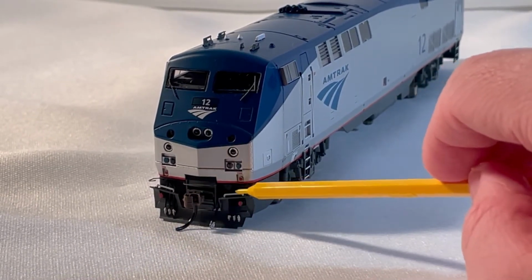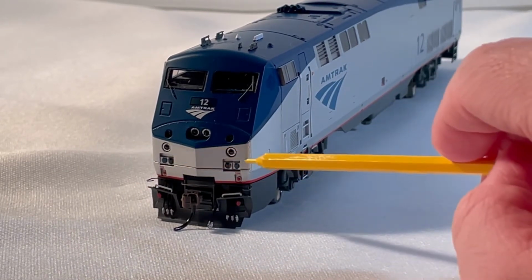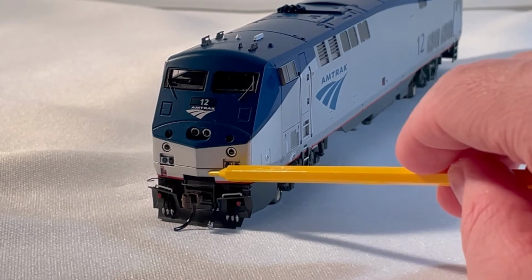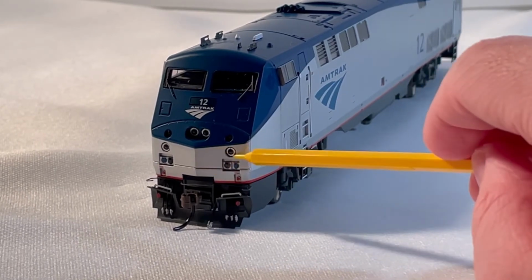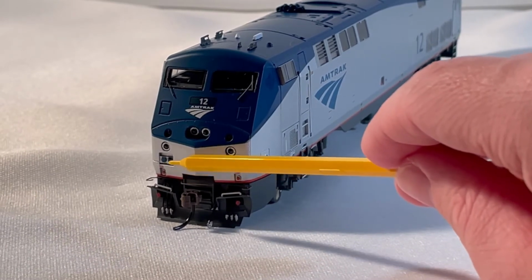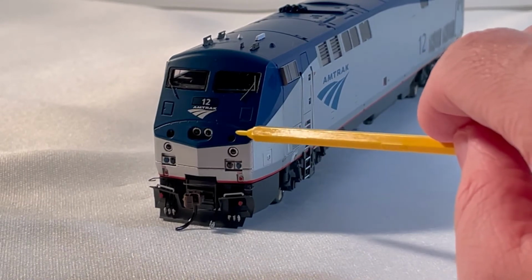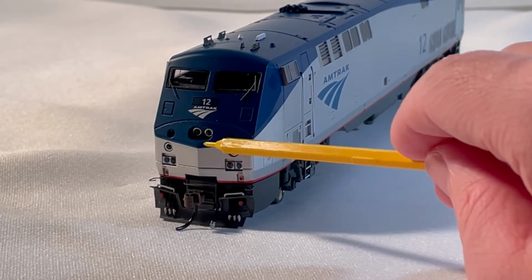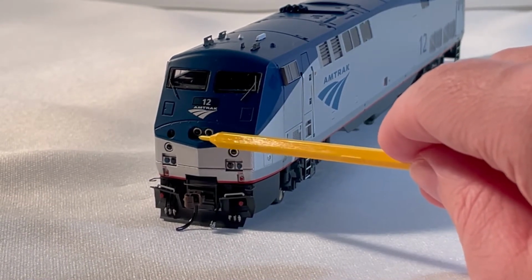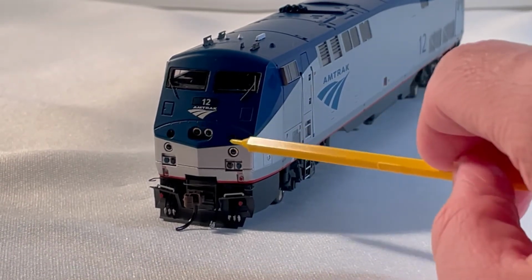Red sill. Got some more MU receptacles here. Same on this part here. Got some nice bolt rivet detail all over. We've got LED ditch lights. They are LED, which is a plus side to the new line of Athearn. We got red marker lights on the front too, along with an LED headlight. This one has no light cover, unlike the pre-built versions. This is a rebuilt. You can tell by the nose